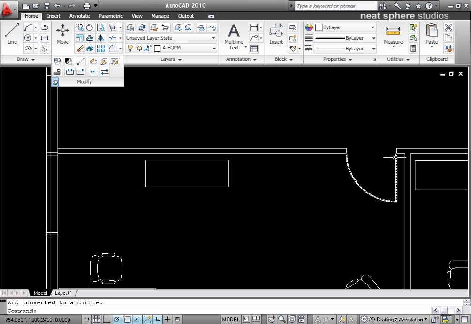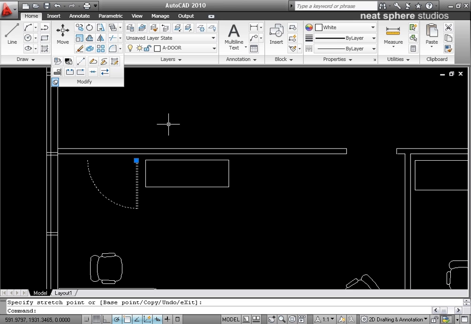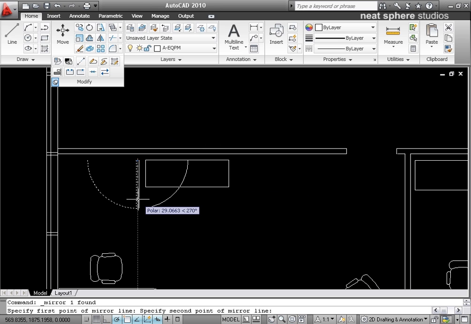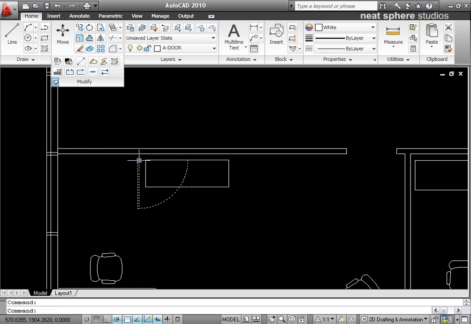And what I'll also do is I'll take this doorway here, and I'll pop it over there, and I'll mirror it to begin with. So we'll say mirror, and I'll mirror it around there, and yes, I will delete the original,